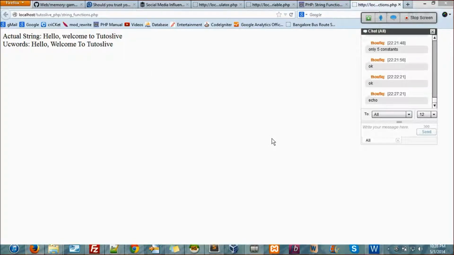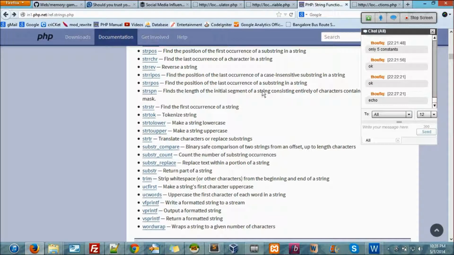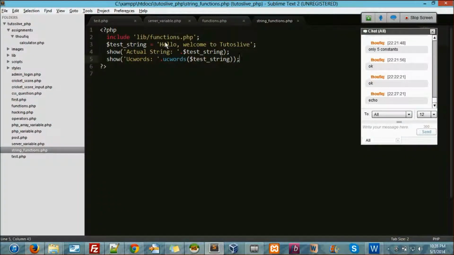These are self-explanatory, and you can really do some awesome things now. Now ucfirst, let's check ucfirst. It says make a string's first character uppercase, only the first character. So I'll just remove this as h.